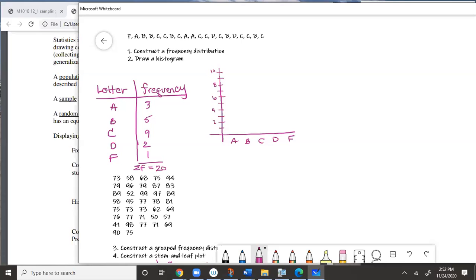each letter. A has 3. So we're going to draw a bar here. For B, it's 5. And we have 9 C's. Two D's and 1 F. All right. So what this does is allow us to see which